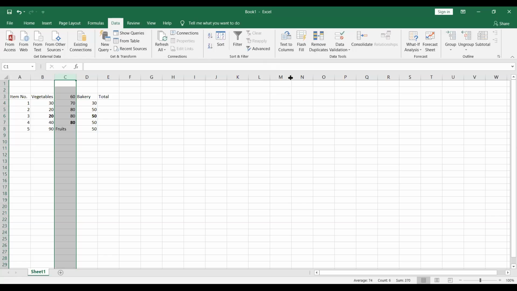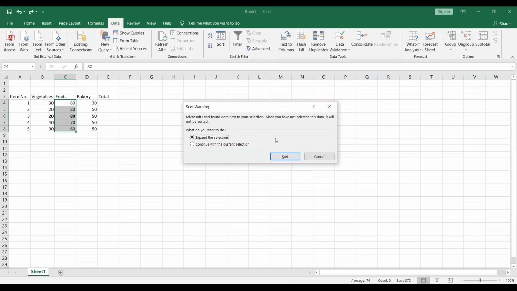Now for custom sorting, beta, I will select only these cells. Now I'm applying ascending order.